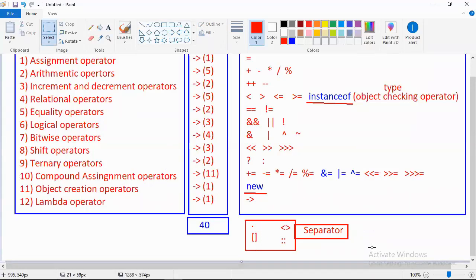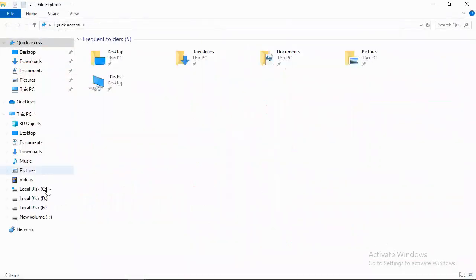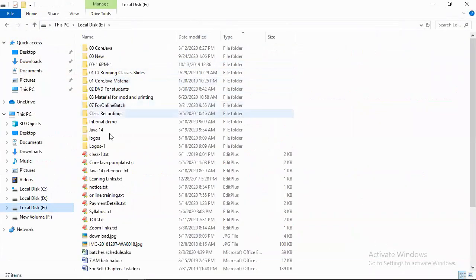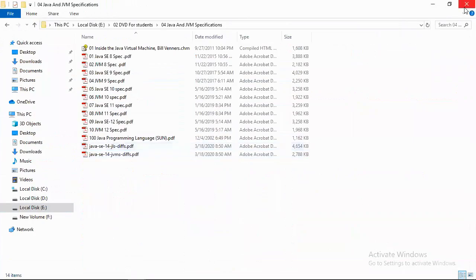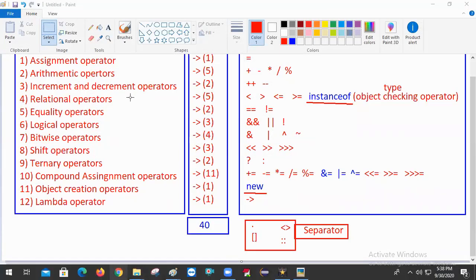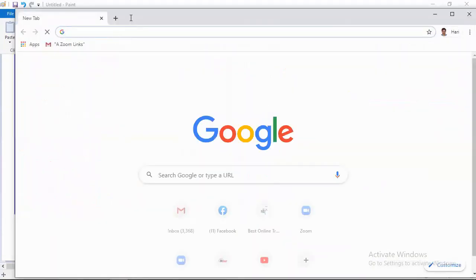So I am expressing my confusion. Okay, so now you decide based on the interviewer, you try to talk about how many operators are there. 100% no interviewer asks the question how many operators are there, but if you know this confusion, you can answer better. Okay, right, let me show you quickly the proofs also. You can also search in Google, no problem. In Google you can search, not in the system.